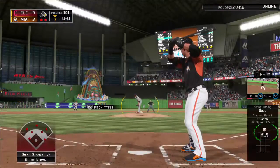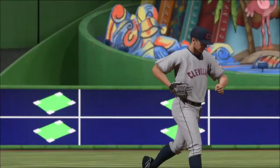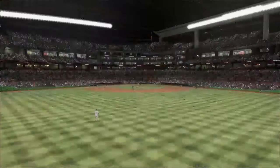Christian Yelich gets another crack right here. He's got a hit in 3 tries to this point. Your attention, please. Now pitching for Cleveland,